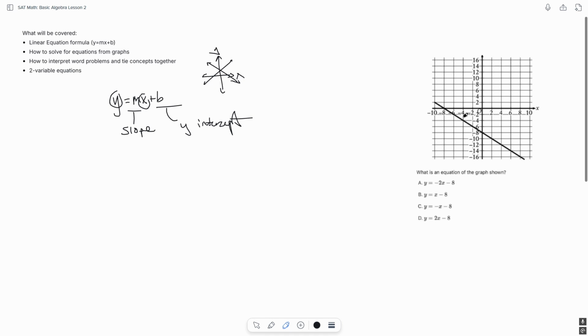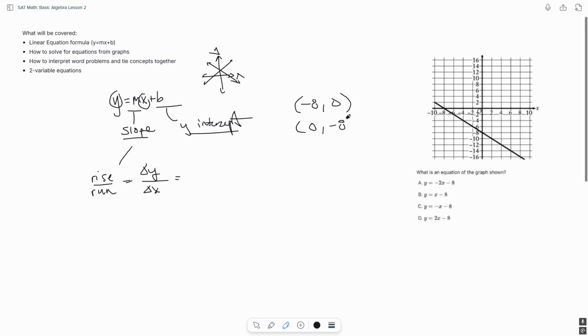So from here, let's look at this question quickly. We'll have, what is the equation of the graph shown? And this way you'll need slope and y-intercept, right? Y-intercept is where it intercepts the y-axis, and slope is going to be your rise over run, which is just your change in y over change in x, right? And you can use 2 points here. So we have 0, negative 8 for here, or sorry, negative 8, 0. And then we have 0,